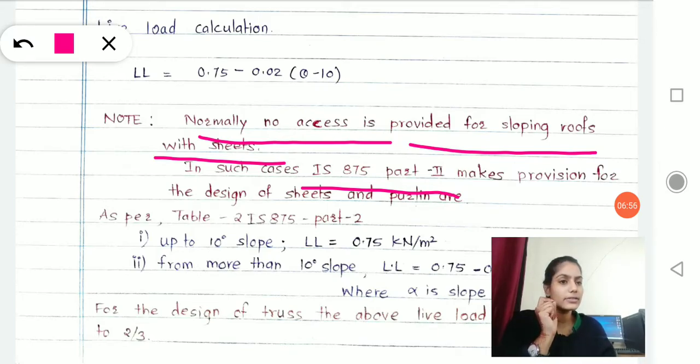This is the IS code, the Indian Standard, Part 2, which comes with some codal provisions, or clauses, for designing for the loads coming upon our structures, or for calculating the loads coming upon our structure. They have listed some rules. In simple words, you can call it a rule book, right?